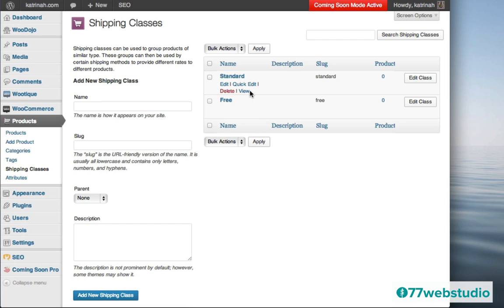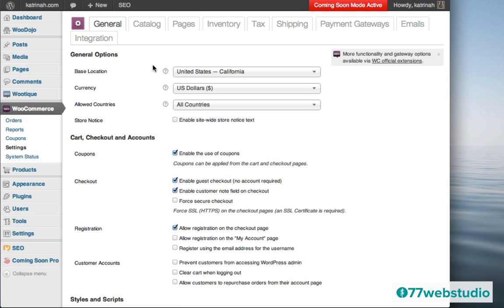Okay, so once the two shipping classes are created, the next step is we need to go over to WooCommerce. I'm going to hover over WooCommerce, and then I'm going to click on Settings to go to the WooCommerce settings screen. Here on the WooCommerce settings screen, you see there's a number of different tabs at the top, and one of them is Shipping. So I'm going to click on Shipping to go to the shipping options.